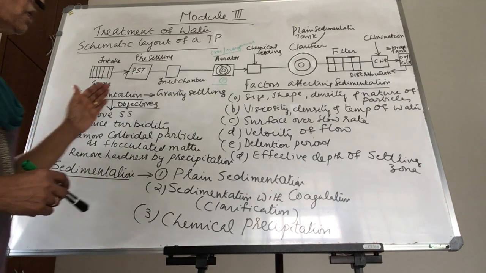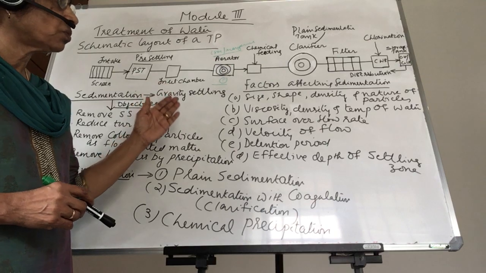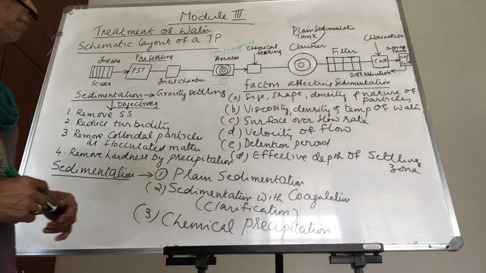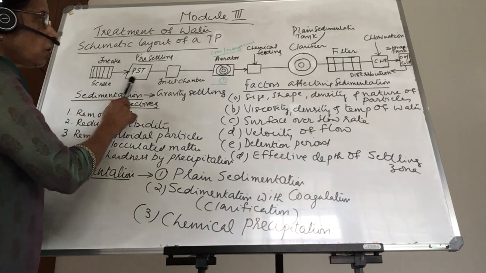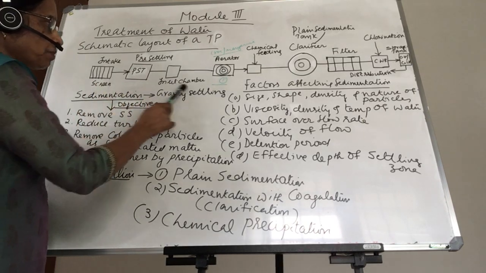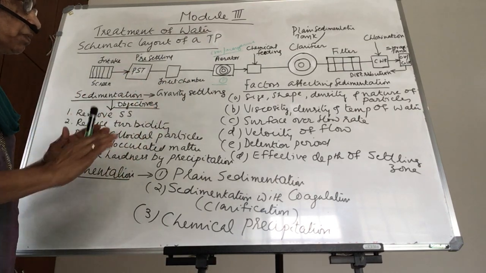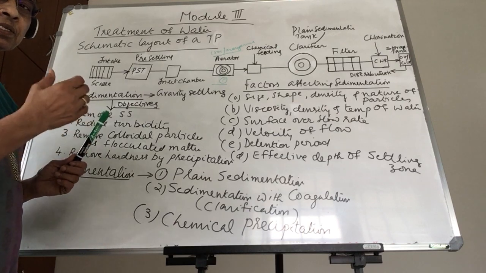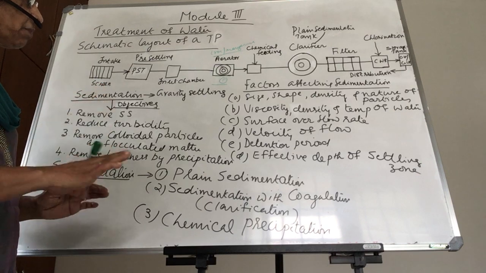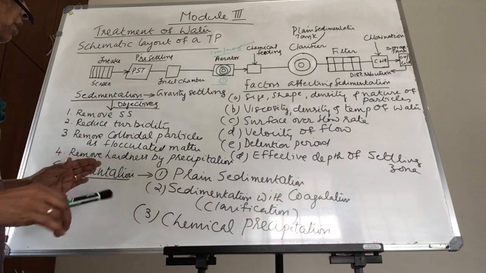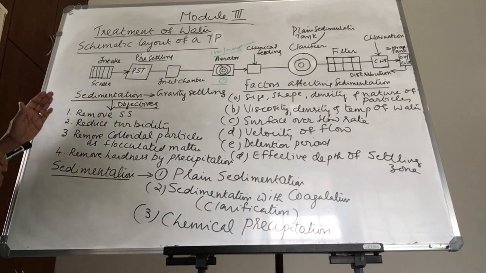Now we want to learn them one by one. We want to learn what the process is, and then we want to design each unit. As I mentioned, the screen, the pre-settling tanks and the inlet chamber are optional units. The design is not very important, and since there is no treatment or process taking place, there is no treatment at all. Only in the screen, we know the floating matter is removed, from the intake itself.